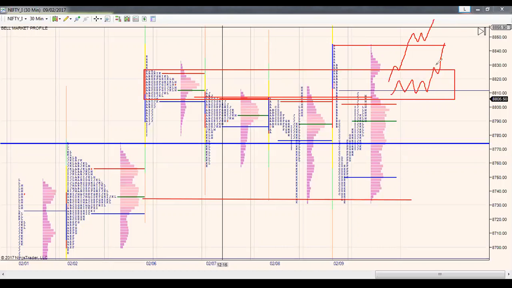But if you find acceptance here, we might stay in this range, repair these single prints, and take it from there. But if we again come down and start accepting here, then this poor structure lower opens up for a test, this poor low. But for that we need to open down, find acceptance anywhere here, just not trade above this particular range